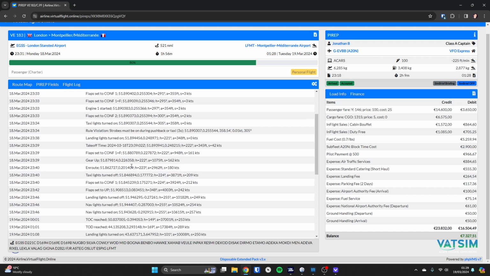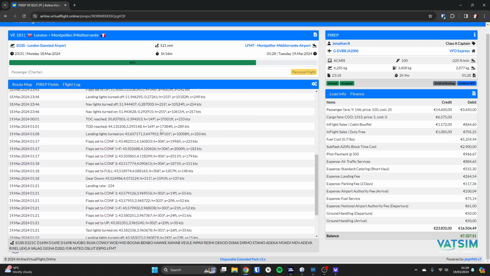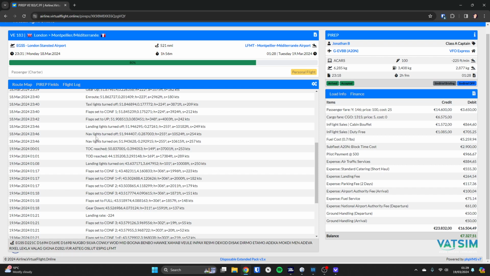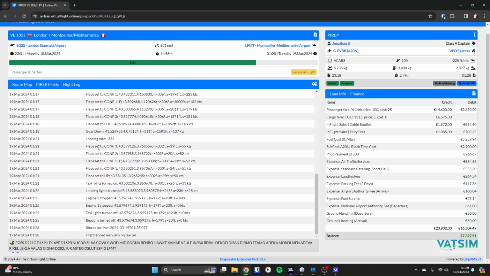And we should find, we haven't got... Oh, we got a rule violation. Strobes must be on during pushback or taxi. Yeah, that's a common bug with the simulator. We're still trying to fix that on the ACARS client. It gets its knickers in a twist about the strobes quite often with different aeroplanes. Anyway,